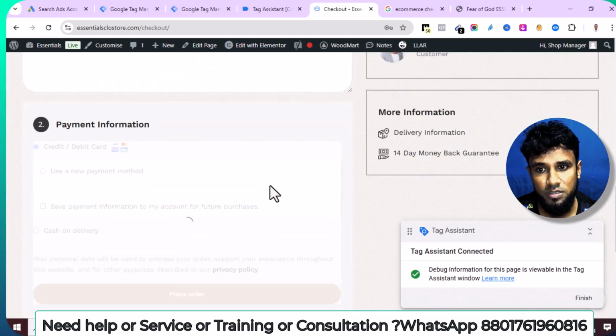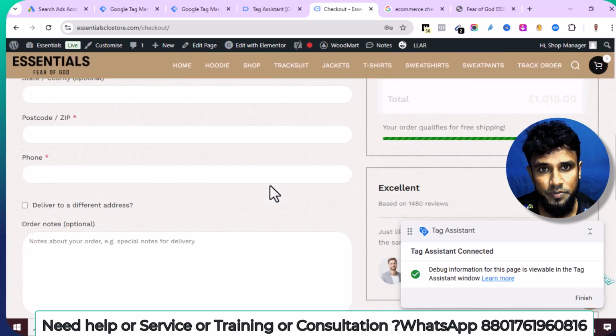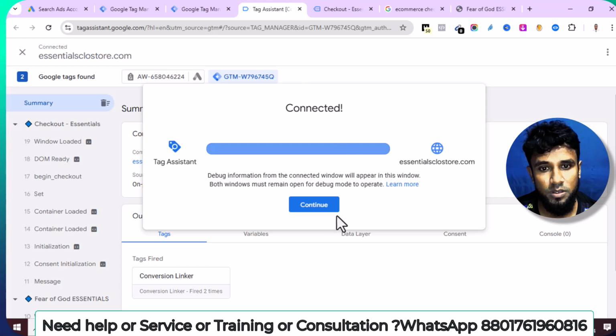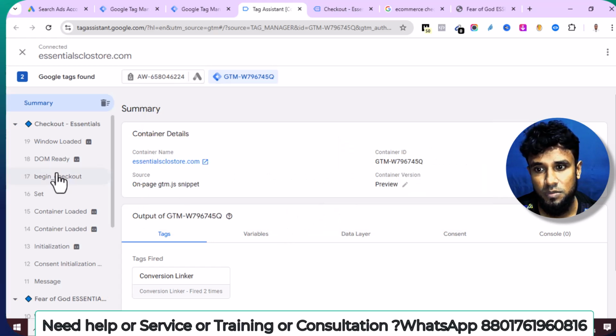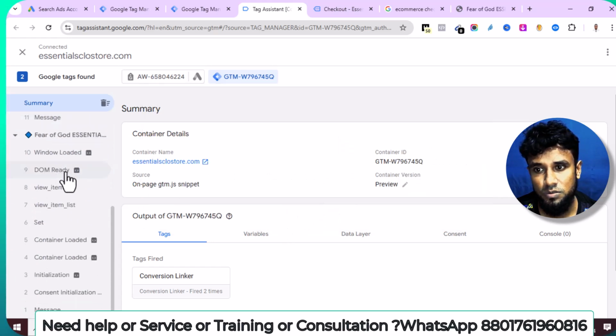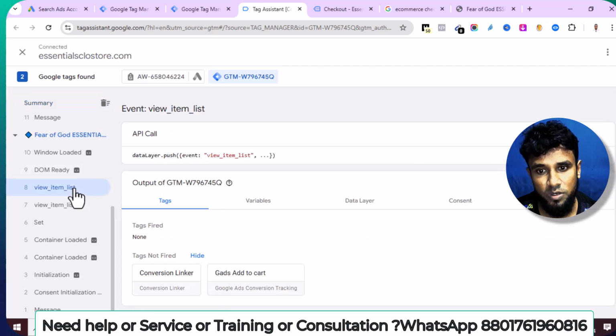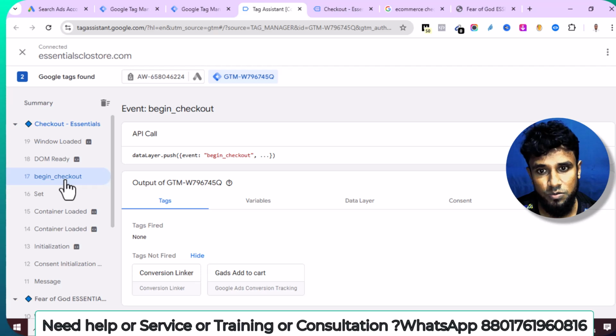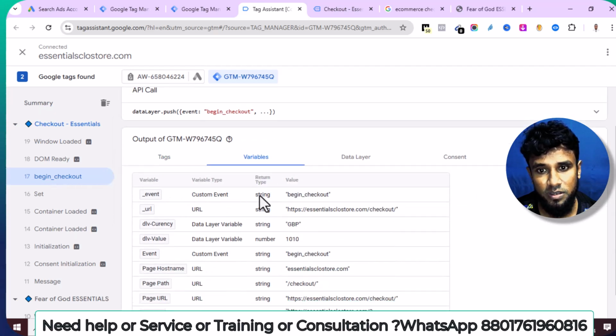So this is the checkout page. Here you can see checkout, view item, begin checkout. Here you can see the event, custom event is begin checkout,